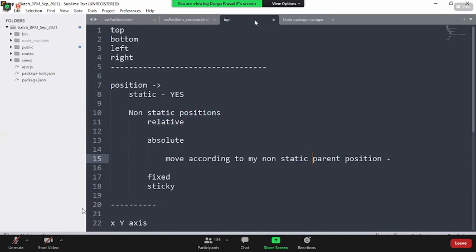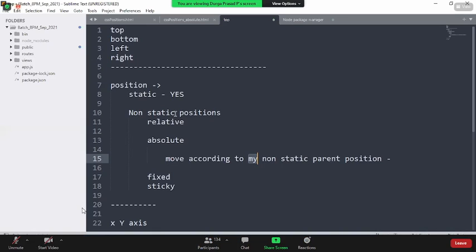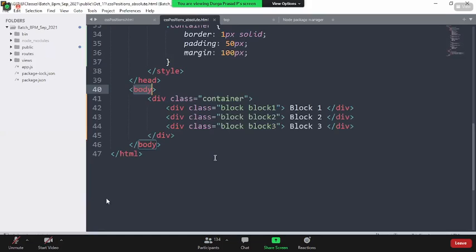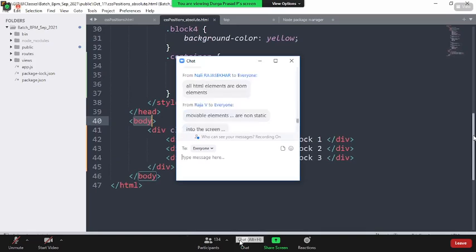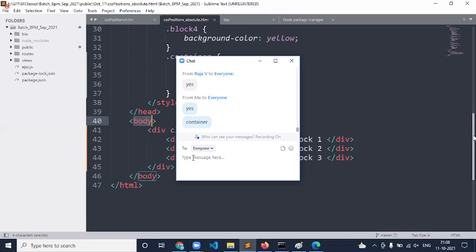I will be moving according to my non-static parent position. You tell me what is the position value of my container? Static. Non-static means anything other than static. As we haven't specified anything, it is static.